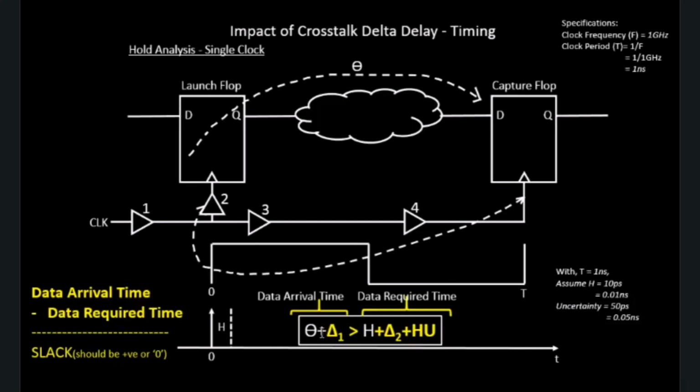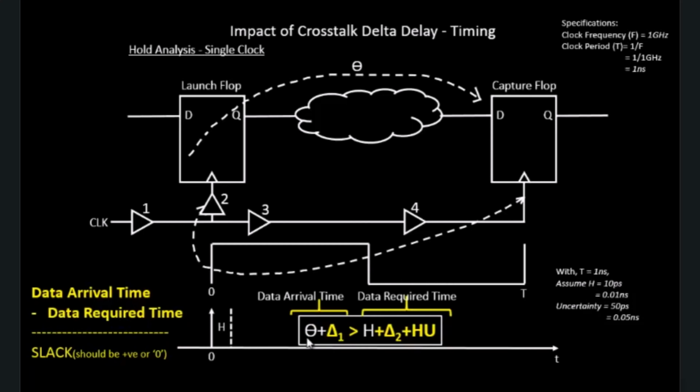Now what we have to do is take our crosstalk circuit and see what the impact of that crosstalk is on the combinational delay, and how that impacts this complete equation, or makes the slack go below negative. So it's purely crosstalk. Let's assume that this particular circuit now meets hold.